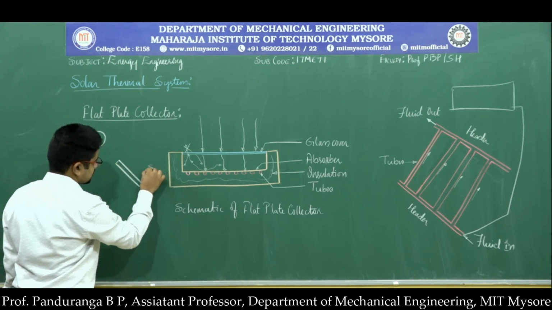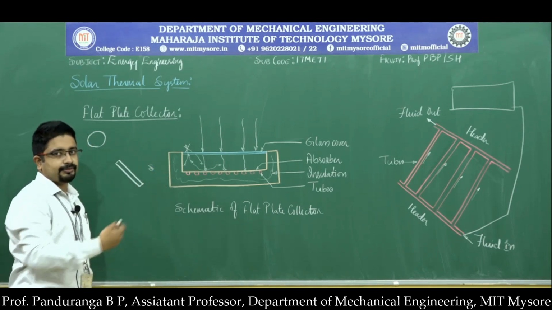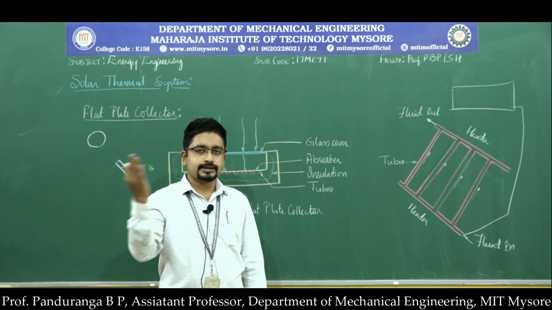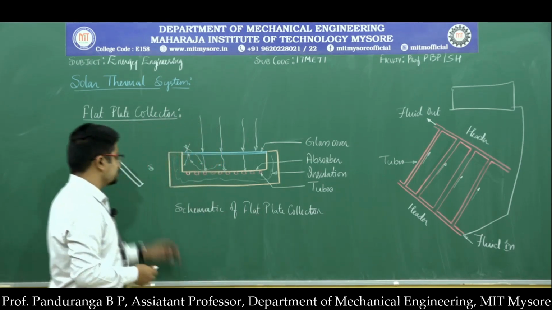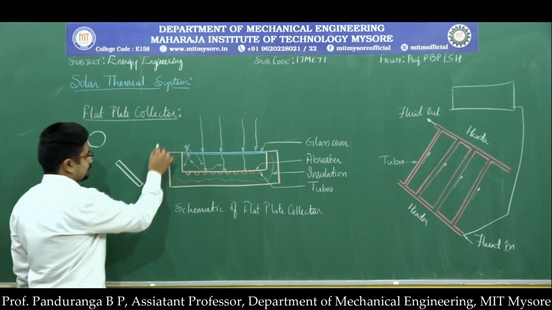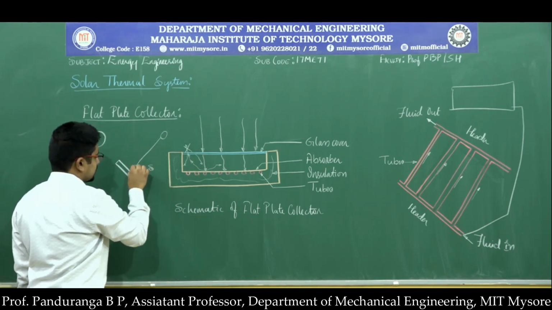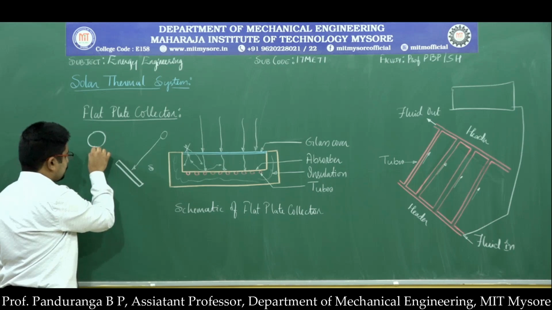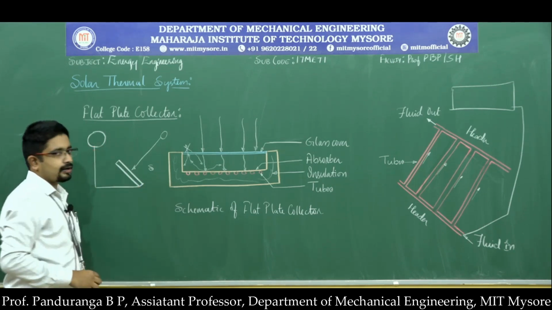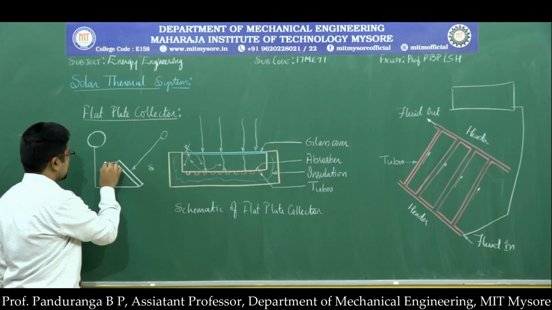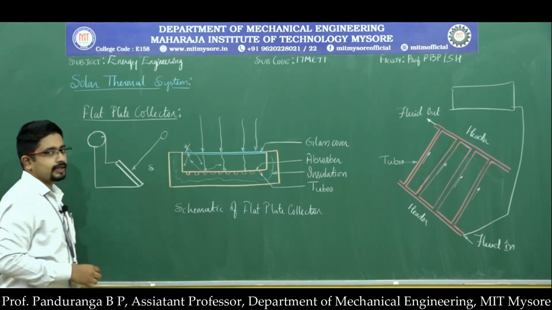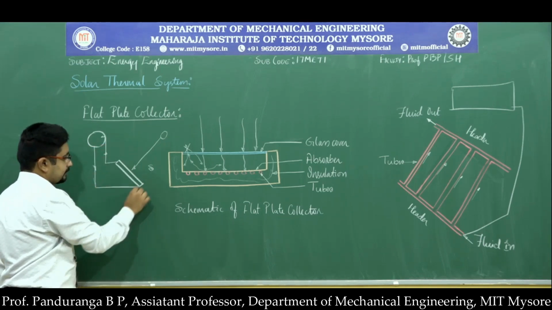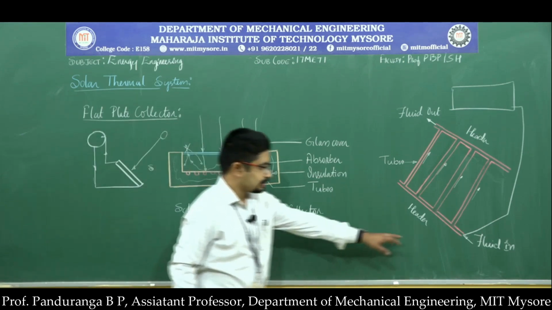Generally this will be south. The flat plate collector will be facing south, because as the sun moves from east to west in the sky, it passes through the southern side. So this will be facing towards south. Somewhere here the sun rays will be falling on this, and from the tank there will be two tubes. One goes out of the tank and the other is where the water comes into the tank. So this is the direction of flow. The water from the tank will enter the bottom header. So these are the bottom headers.